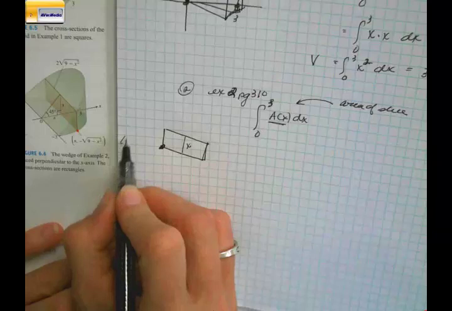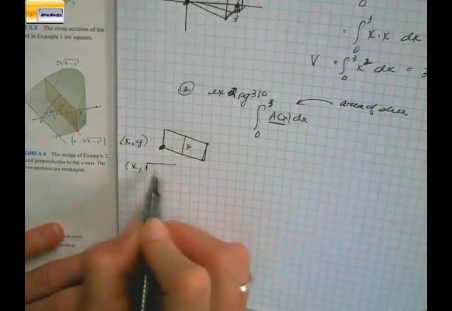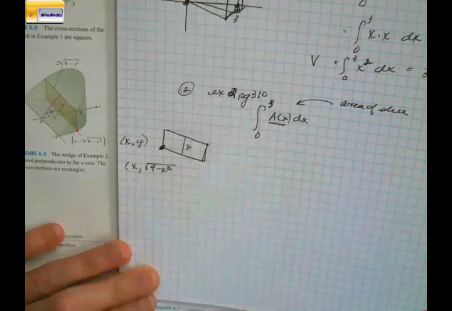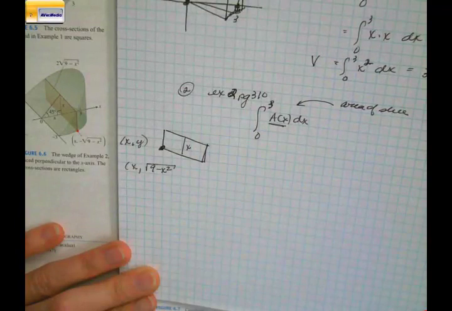So this point is x, y, which is x, square root of 9 minus x squared, from the circle. That is the bottom point of each rectangle. So if you're looking for the area of the rectangle,